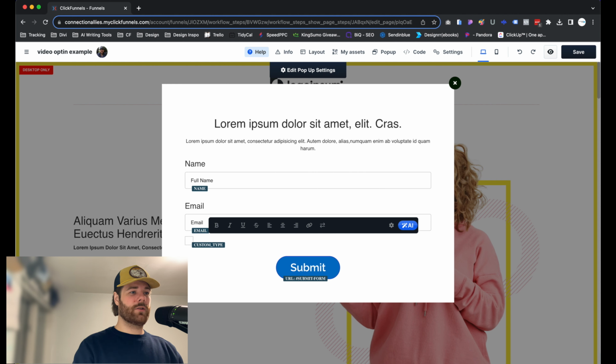Add whatever text you want. Now, in this case, we'll probably stick to the same concept as what we're talking about regarding accepting terms. So maybe we'll go with something like, I have acknowledged the terms, right? And if you want to link to terms, you can highlight any text here or anything